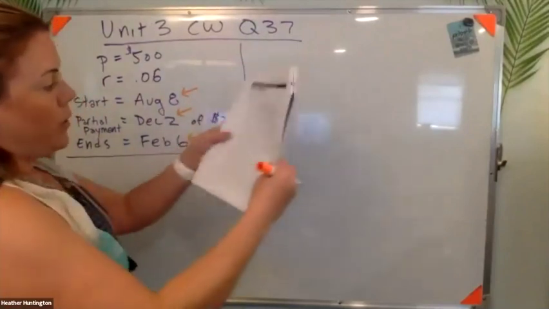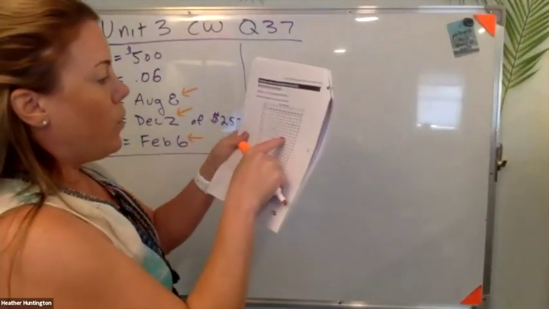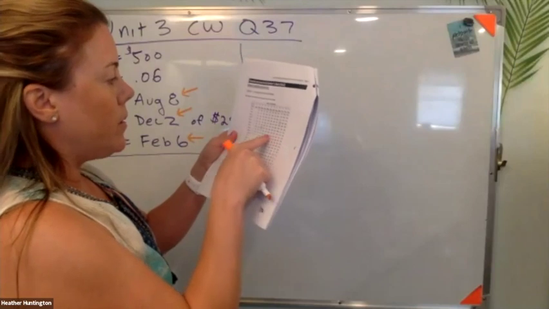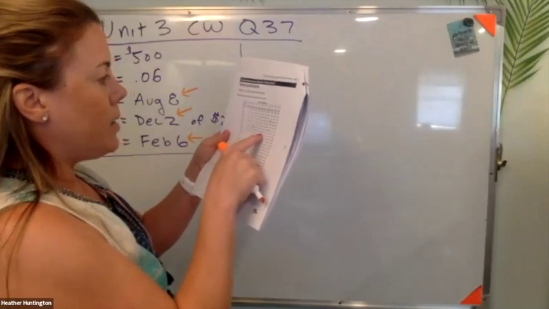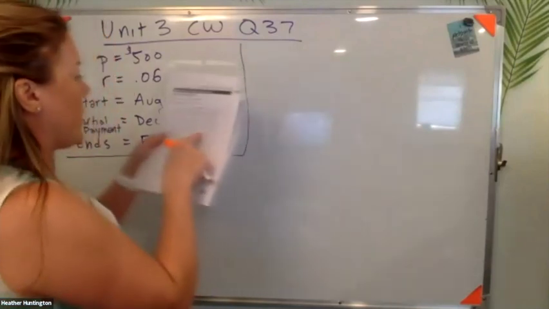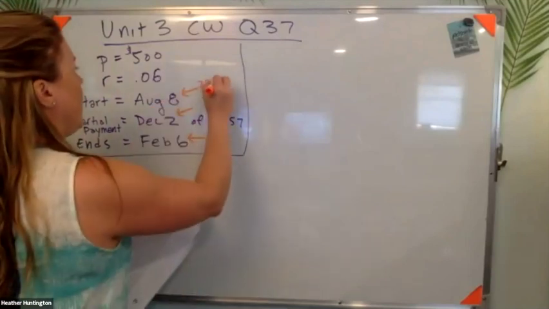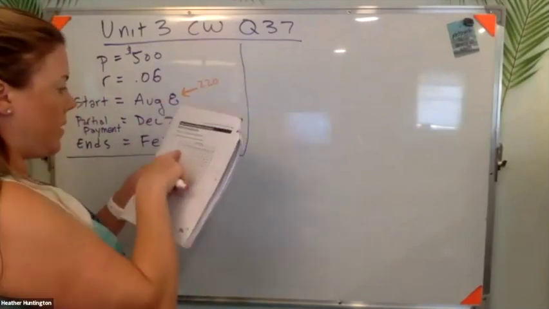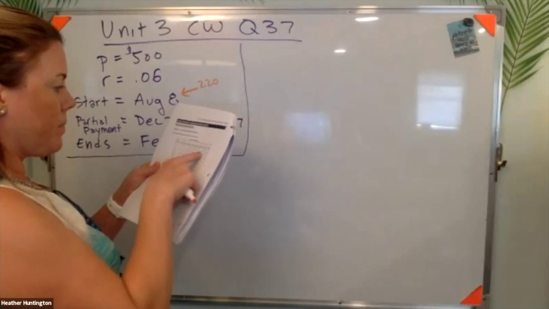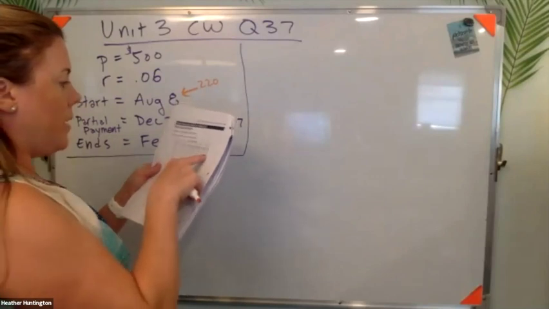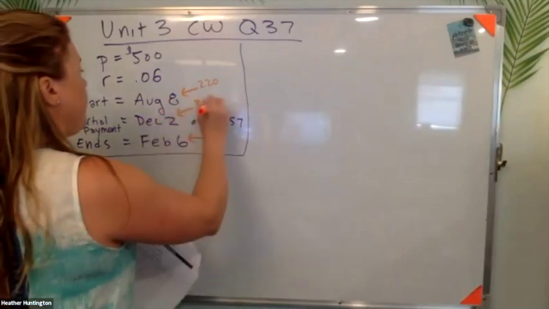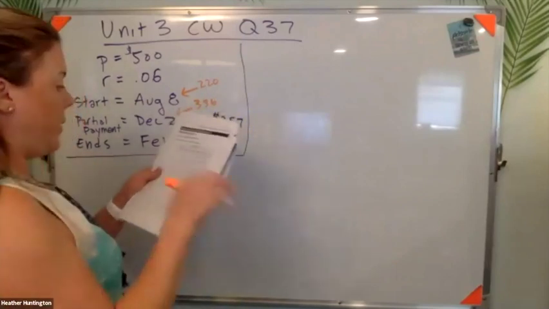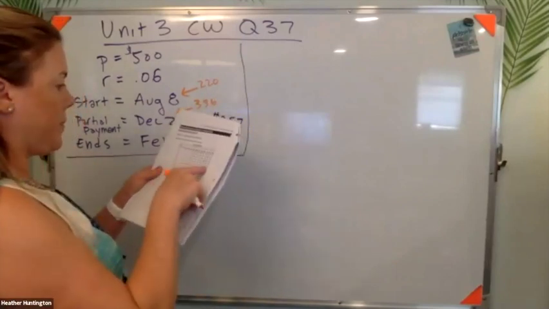August 8th, you go to day 8 and then over to August, and day 8 is the 220th day of the year. Then December 2nd is 336. And then February 6th